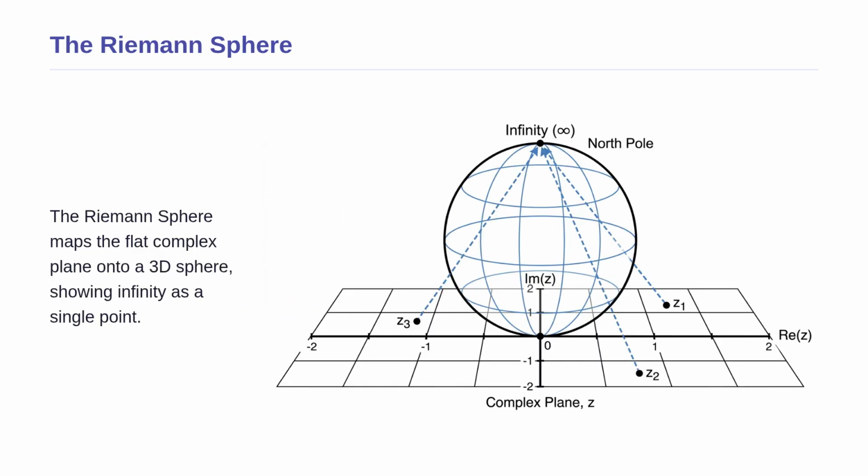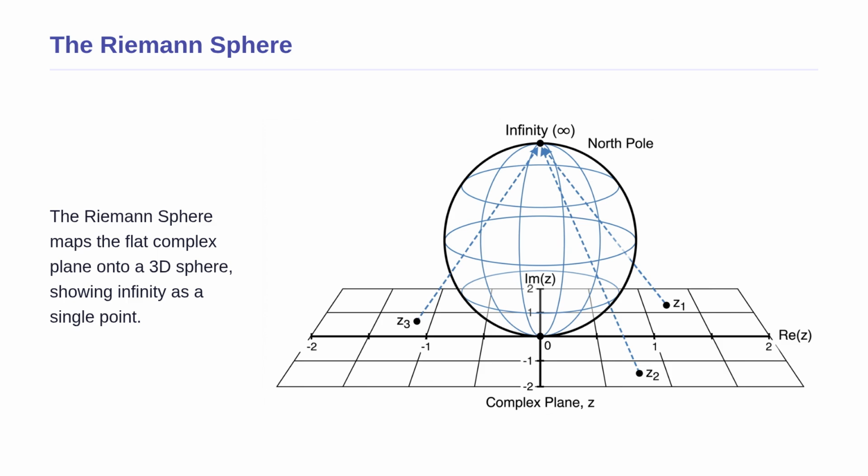Now that we have introduced the idea of wrapping the plane, let us look at it visually. This diagram shows the Riemann sphere. The flat grid at the bottom is our standard complex plane. Notice how points on the flat plane like Z1, Z2 and Z3 are projected upwards onto the surface of the